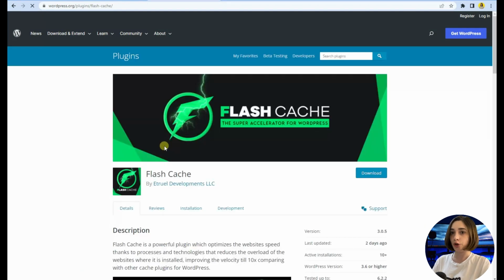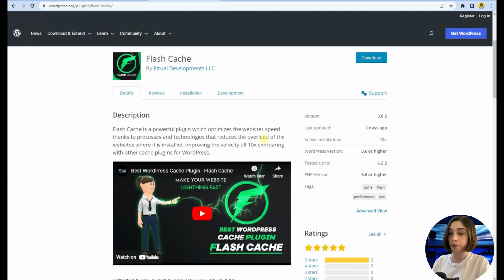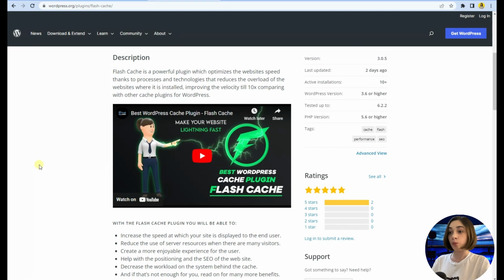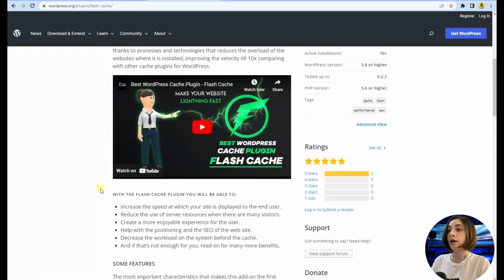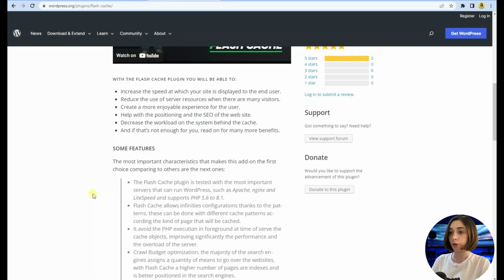It is relatively new, however, it offers all the important features that you need to speed up your website. Instantly, with just one click and without any configurations, it helps you optimize your website and make it easier for your visitors to reach the site and reduce the waiting time. It creates an enjoyable experience for your users, which is the most important aspect of your website, because remember the 5-second rule. If you cannot catch your visitors' attention within 5 seconds, they are gone